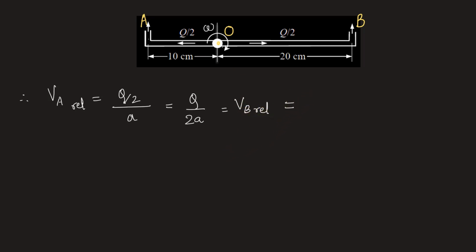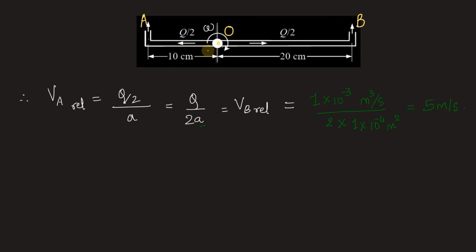And this will be equal to, put the values that are given. Q is given to be 1 liter per second. We can convert it to meter cube per second. So it is 1 into 10 to the power minus 3 meter cube per second. Then we have area given in centimeter square. It is 1 centimeter square. So we can convert this as well, 1 into 10 to the power minus 4 meter square. And this amounts to 5 meter per second. This is the velocity of jet at point A as well as point B, but it is the relative velocity of point A and point B as the sprinkler itself is rotating.